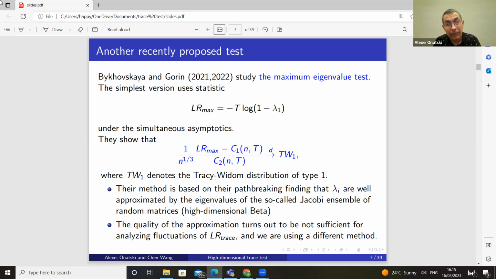In this case, likelihood ratio statistic has this form without any sum, right? It's just minus t times logarithm of 1 minus the first eigenvalue, lambda 1. And under simultaneous asymptotic, Bykhovskaya and Gorin show that if you center and scale appropriately this statistic, and you see that there is weird power in the scaling appearing here, then this object converges in distribution to